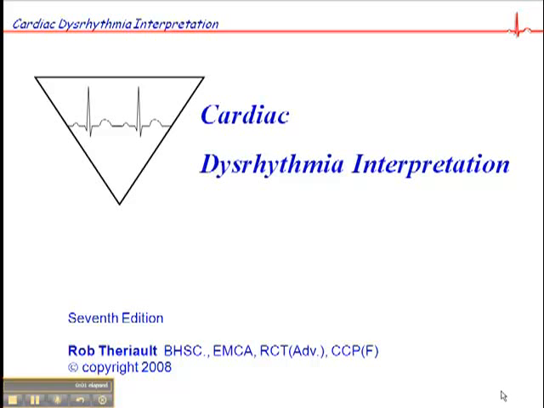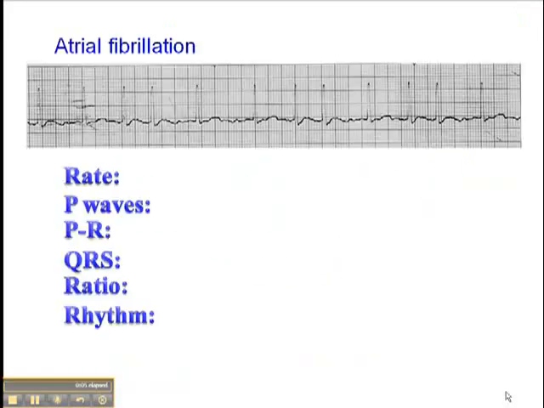Now we're on page 63 of your cardiac dysrhythmia interpretation workbook, and I'm going to talk about atrial fibrillation. Interesting rhythm. It's the most common dysrhythmia in the elderly population, so you'll see a lot of patients with atrial fibrillation. In atrial fib, the heart rate will vary, and when a patient has a new onset atrial fibrillation, typically